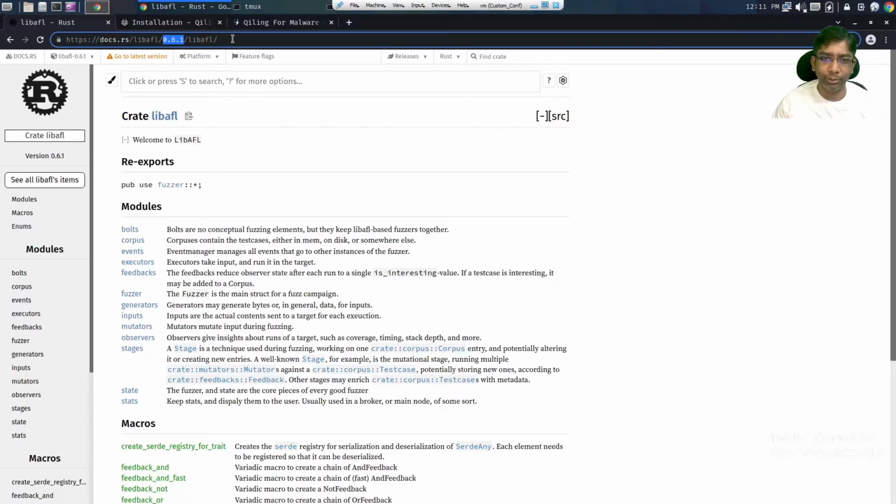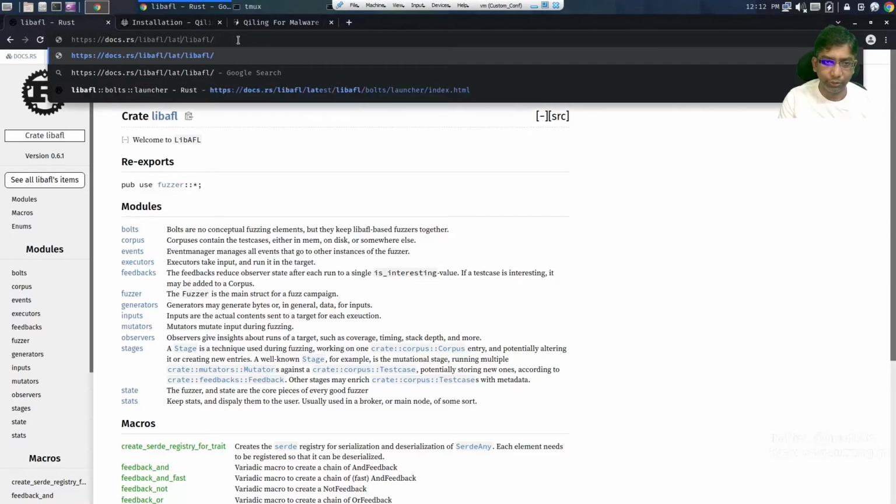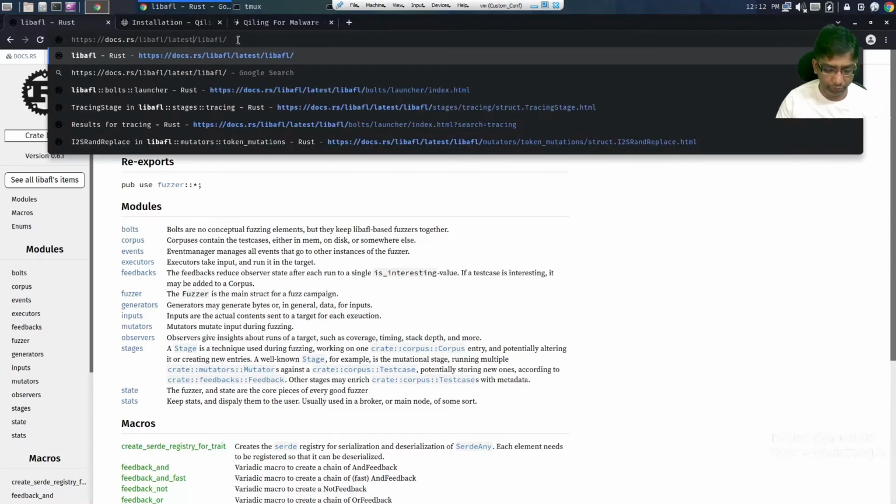There are considerable differences between these two versions, and if you search something in the latest version from this 0.6 version, you probably face some issues, because the documentation may not be up to date. So always remember to look for documentation for the version you have on your system. In my case, I have 0.6.1, so that's why I have opened this URL. If you want to check the documentation for the latest version, you can simply change this to latest, and you will get the documentation for that.